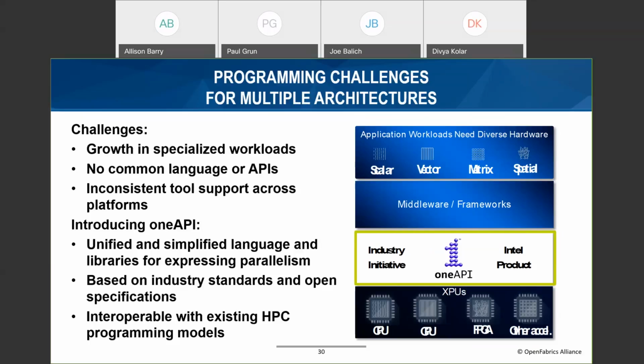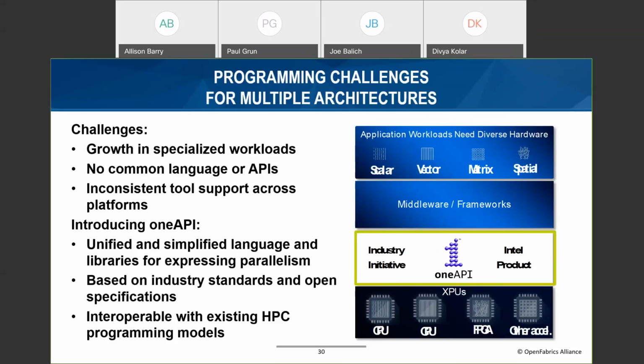As a result, every type of application that targets a different type of architecture has to jump through a lot of hoops to port to a certain architecture. Their tools don't work across architectures. Their programming languages don't work across architectures. And worse, if you have a single application that combines many of these needs, then it becomes kind of a nightmare. So that's really where oneAPI was born, and